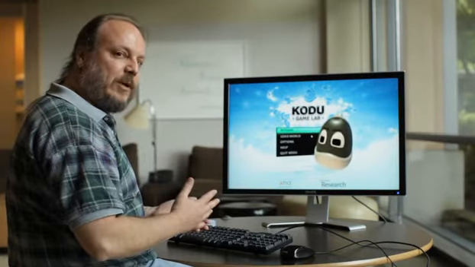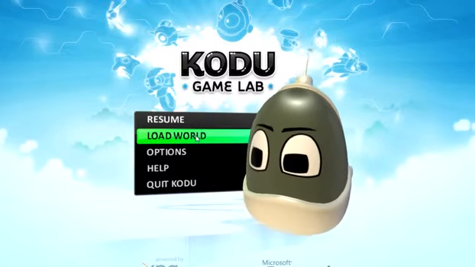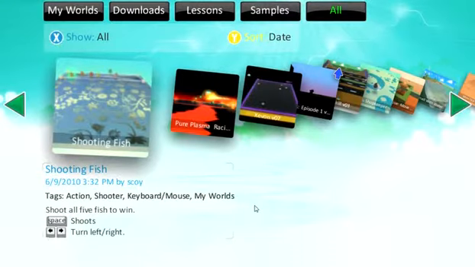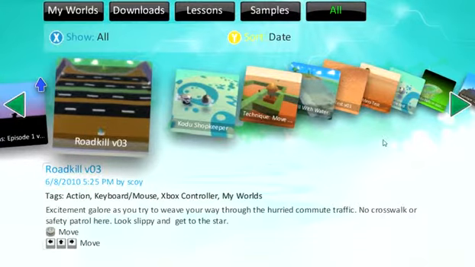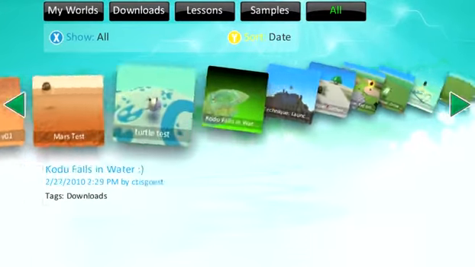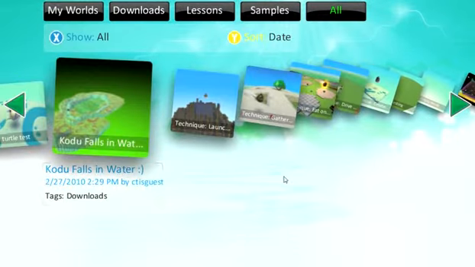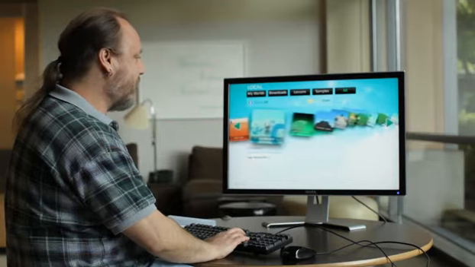The very first time you run Kodu, though, what will be at the top of the menu is Load World. And that's what you want to choose. So click on Load World, and that brings us to the Load World menu. These are all worlds that you can load up, games you can play. To navigate through here, you can click on the green arrows on either side to move back and forth, or you can just push the mouse cursor to the edge of the screen. That will allow you to move back and forth. Or if you like to use the keyboard, the left and right arrow keys will let you navigate through these